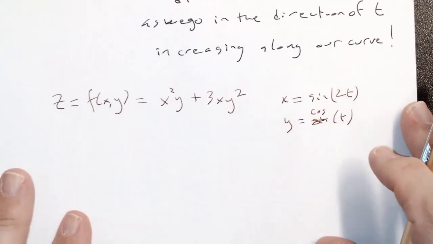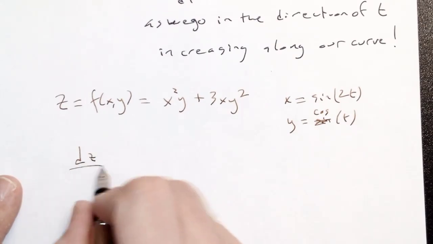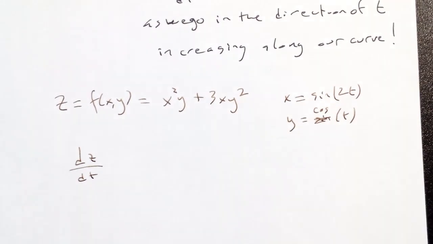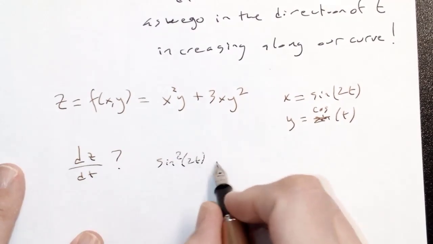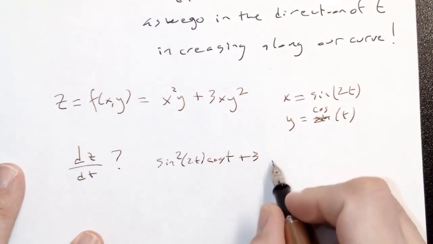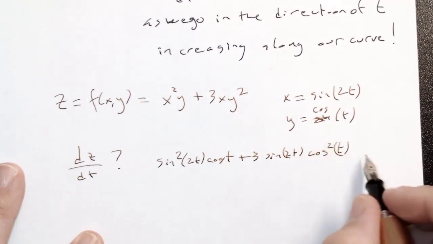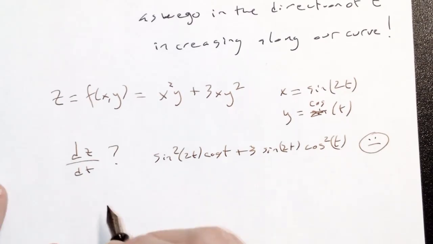Now, I could say I want to find dz dt, and I could take this for x and this for y and plug it in and write that all out, right? That's disgusting. That is just nasty and I don't want to do it. So how can I do it without this? Well,